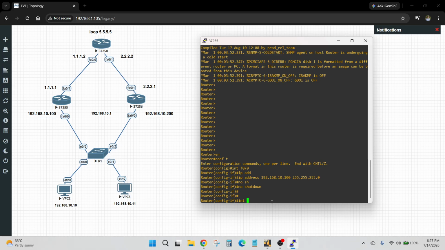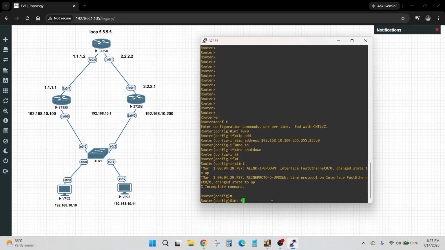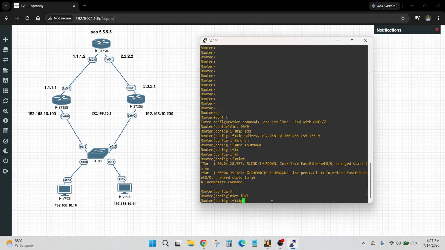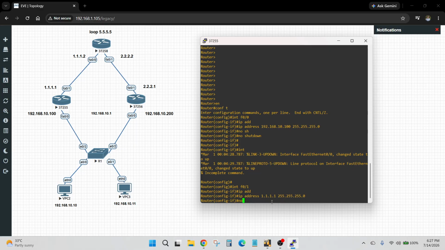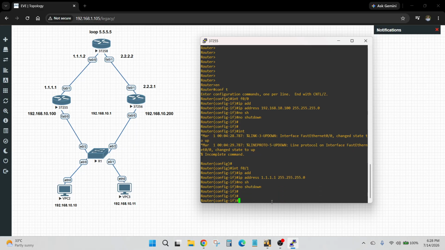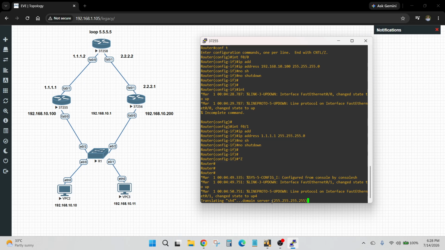Then interface fast ethernet 0/1 and IP address 1.1.1.1, 255.255.255.0 and no shutdown. Then we exit and check now.